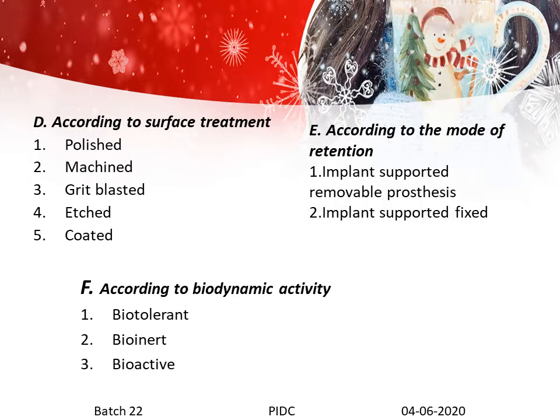It could be either a polished machined implant, or it could be a grit blasted, etched, or coated implant. This surface treatment is mainly done because of the two-stage surgical procedure, where it takes around 3 to 6 months before placing another component to load the implant. If the implant is surface treated, the load can be easily placed if the bone is very good. So they treat it before placement of an implant.